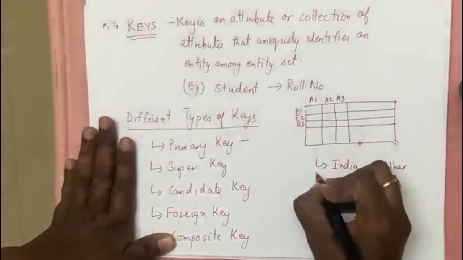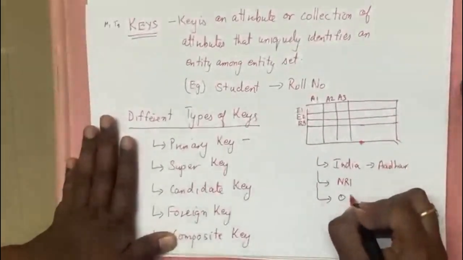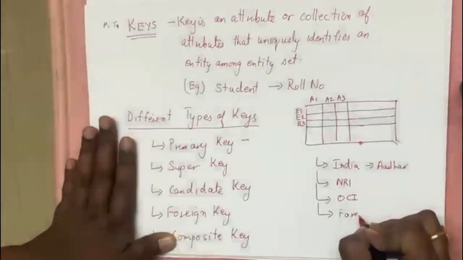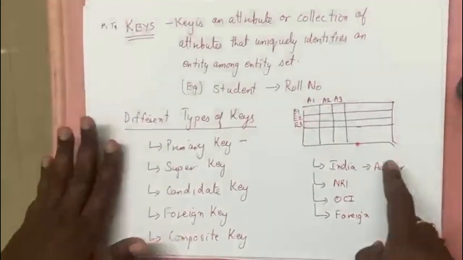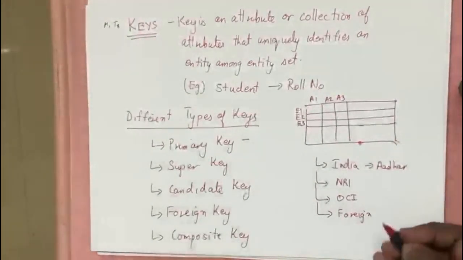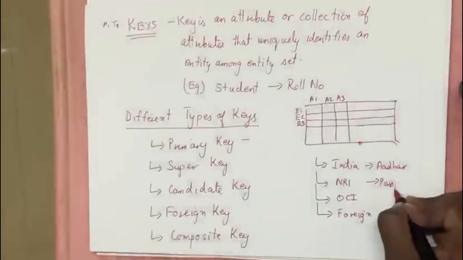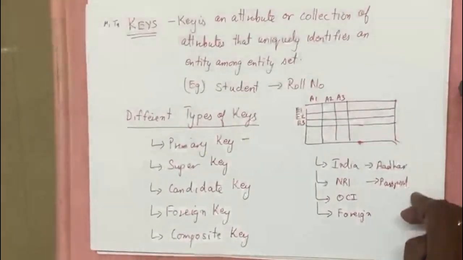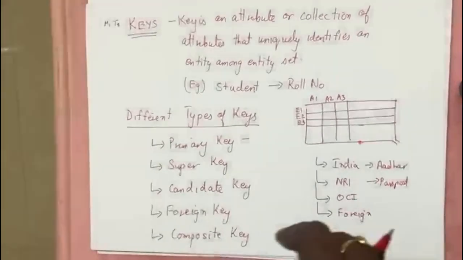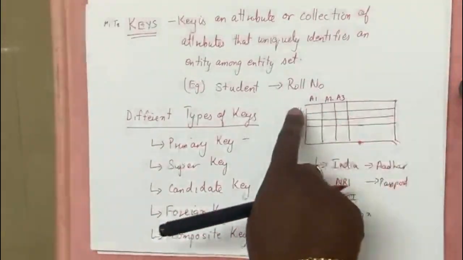But on the other hand, if I have an NRI or an OCI card person, or I have a foreign student, in that case, I cannot use an Aadhaar as a unique key. In that case, you can ask me, I can use a passport number. But still, if you see, all these are different and the formats for each of them are different. So in that case, we need to create a key that I can uniquely identify each and every student